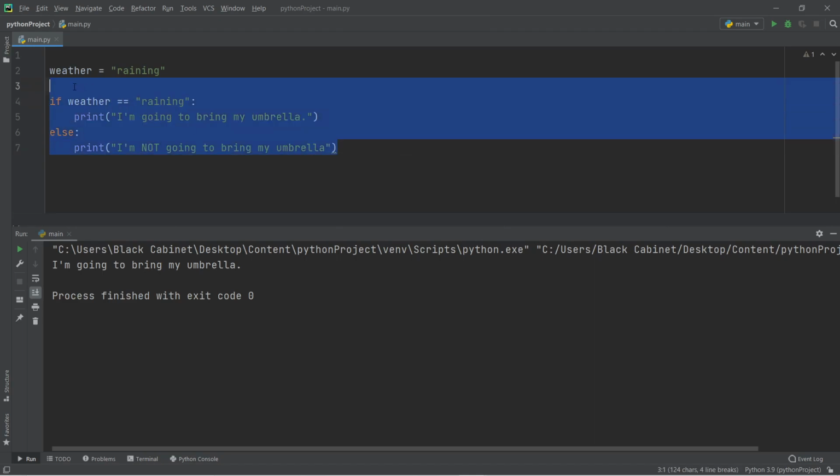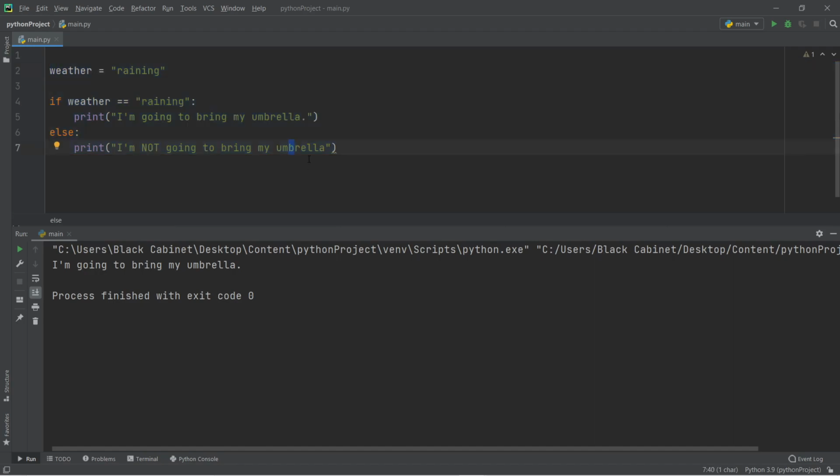Now, this is a coded version of my description earlier about real life. In your head, you could think, well, if it's raining today, I'm going to bring my umbrella. If it's not, then I'm not going to bring my umbrella. All we've done here is predict the weather, and we've just said that the weather is raining. So we're saying if the weather is equal to raining, which in our head is us going, if it's raining today, then you're printing, I'm going to bring my umbrella. Else is the same as us saying, but if it's not raining today, then I'm not going to bring my umbrella. If I were to change this so the weather is now sunny,